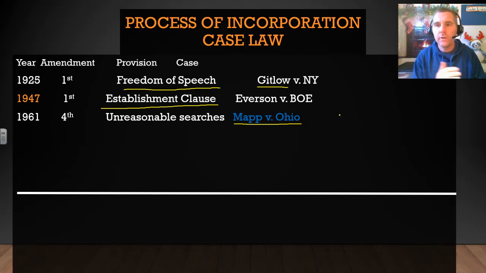So they went to her home, and they were basically like, we want to look for this guy. And she's like, do you have a search warrant? And they were like, no. And so she's like, well, I'm not letting you in my house. Well, basically, they came back like 30 minutes later. They brandished a piece of paper saying it was a search warrant, but they never showed it to her. When she tried to stop them from coming into her house, they arrested her. And then they found some stuff under a suitcase in a bedroom. They found pornography. And again, in the 1960s, this was illegal to have, so they charged her with this.